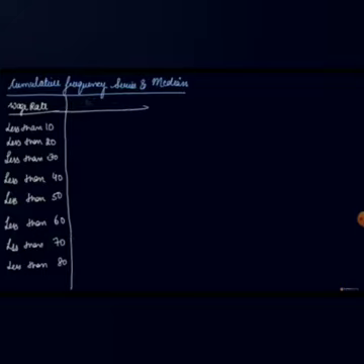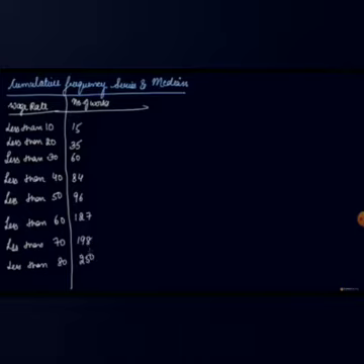The frequency given in the question is the number of workers, which is 15, 35, 60, 84, 96, 127, 198 and 250. So whenever less than or more than series are given, that is, open-ended series, in that case your number of workers will always be a cumulative frequency, which means less than 10 includes 0 to 10, that is 15.